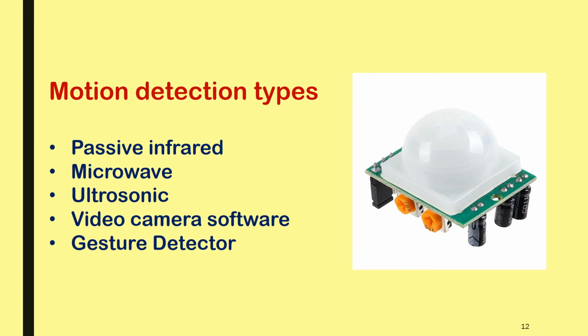This is slightly different. It is based on body temperature. Now another type is microwave. So the motion detection can be carried out with the principle of Doppler effect. That's a Doppler radar, and similar to a Doppler speed gun.